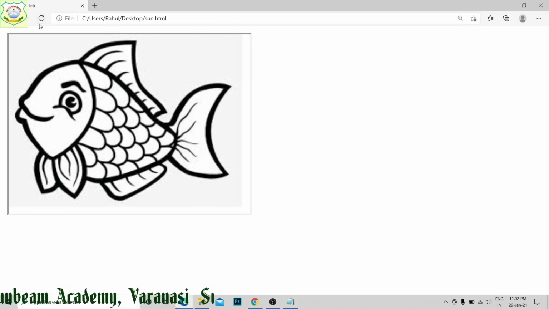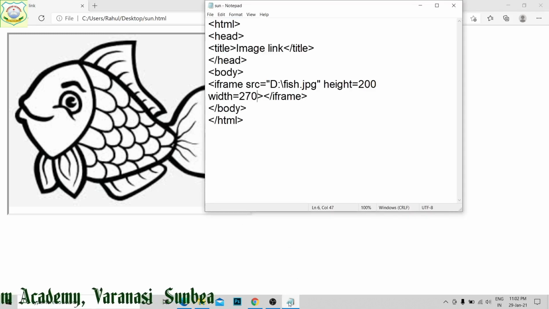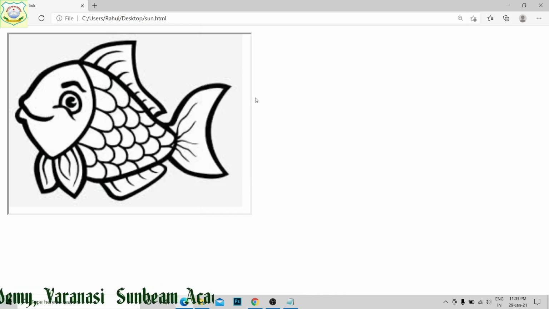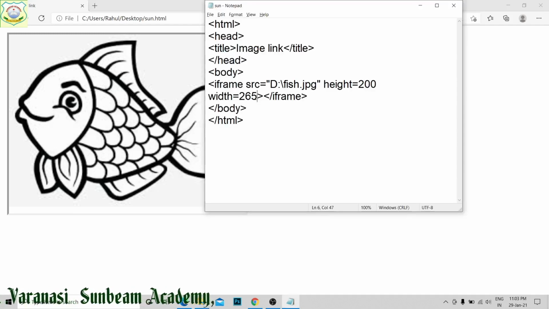Now you can see within the frame your photograph has been adjusted, or I am going to write this one as 265, then see whether it is going to come on full screen or not. Now you can see, a few more we have to do, right?